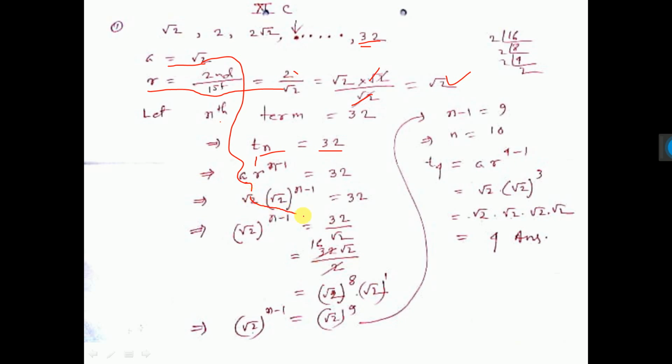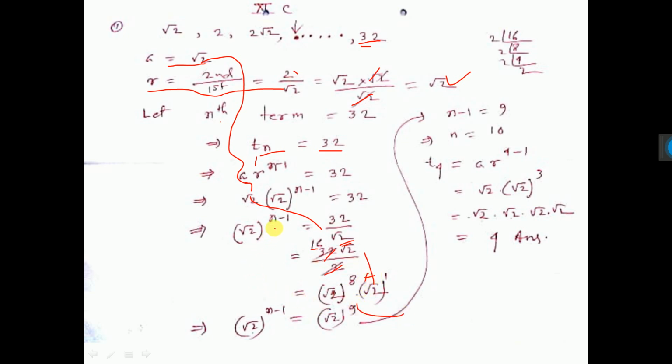Root 2 goes to that side. If you multiply both numerator and denominator by 2, here it will be 2. So 2 16s are, now 16 root 2. It is root 2 to the power 8, because root 2 into root 2 is 2, 2 to the power 4 is 16. So root 2 to the power 8 is 16. And one more root 2 is there, that is root 2 to the power 1. So the powers should be added. So 8 plus 1 is 9.